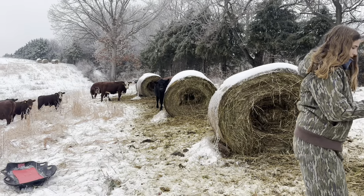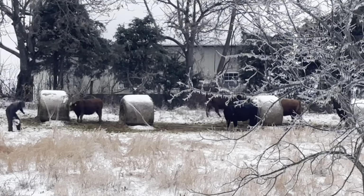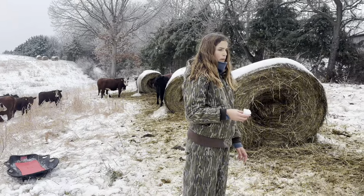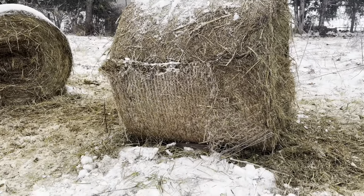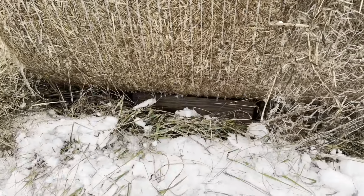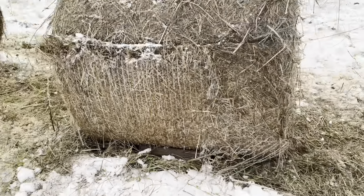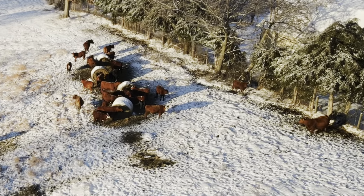Staged, and then the gals let themselves in last night because the ice grounded out the fence and took it down to the ground, so the cows just let themselves in. And we just went ahead and staged some bales and propped them up on this hill, holding them back with a 6x6. So we're gonna push a couple down the hill and get the girls fed, even though they self-fed